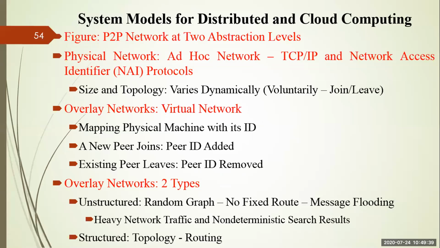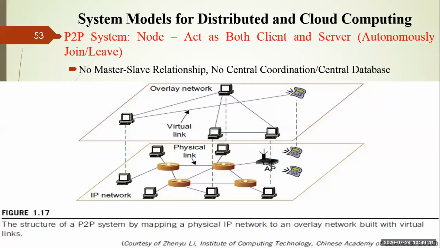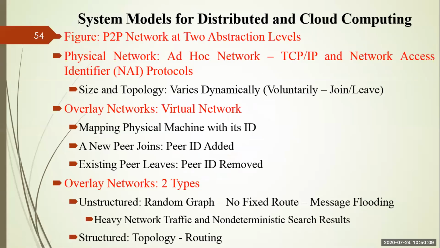If something is static or structured, and you know that this computer system will be live for 1 hour, then you can decide who will communicate with whom. But if the system is a random graph, then it is practically not possible to say that. Suppose a computer is sending a request to another computer system; as it is a random graph, that computer system may not be available whenever the data reaches it, right? In this manner, the overlay network is of two types.